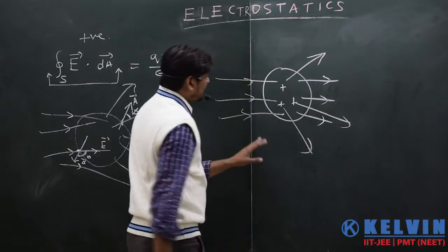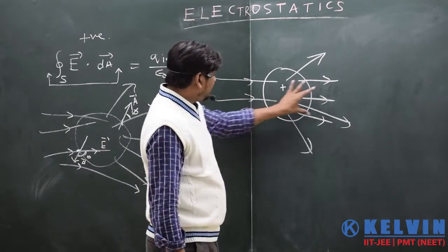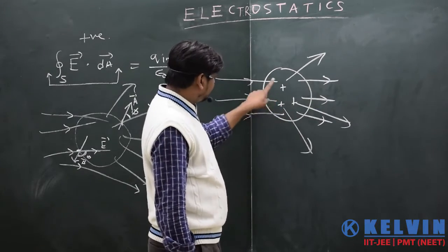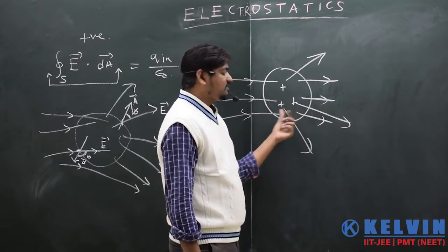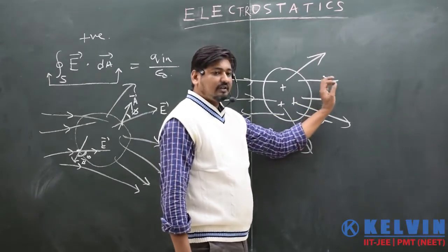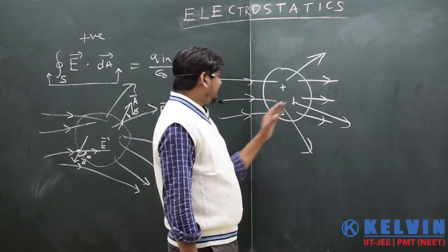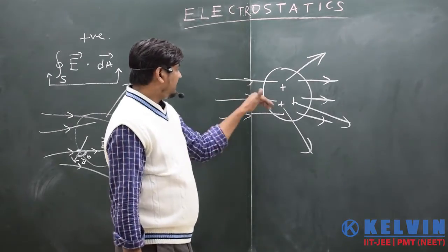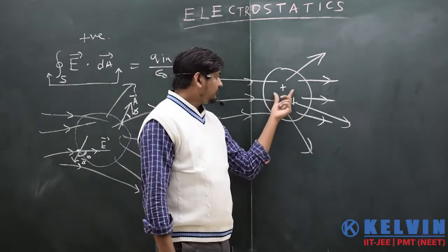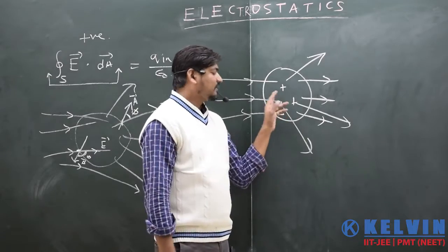So obviously the lines coming out correspond to these three as well as the lines corresponding to the charge enclosed inside. So when the number of field lines exiting is greater and the number going inside is lesser,